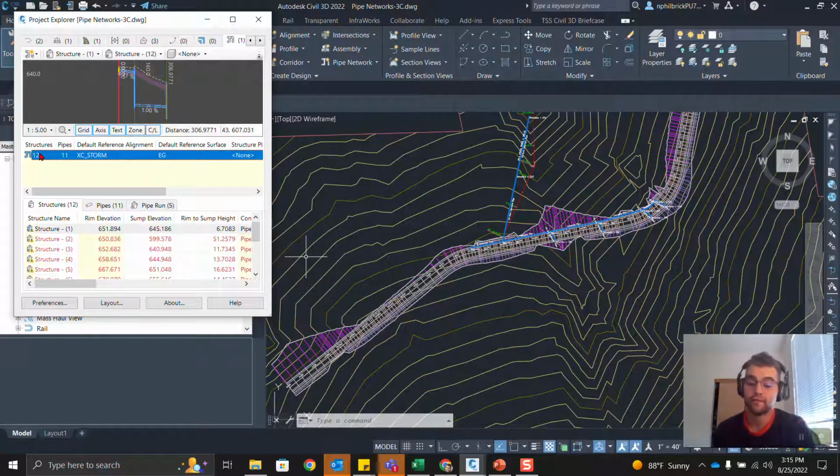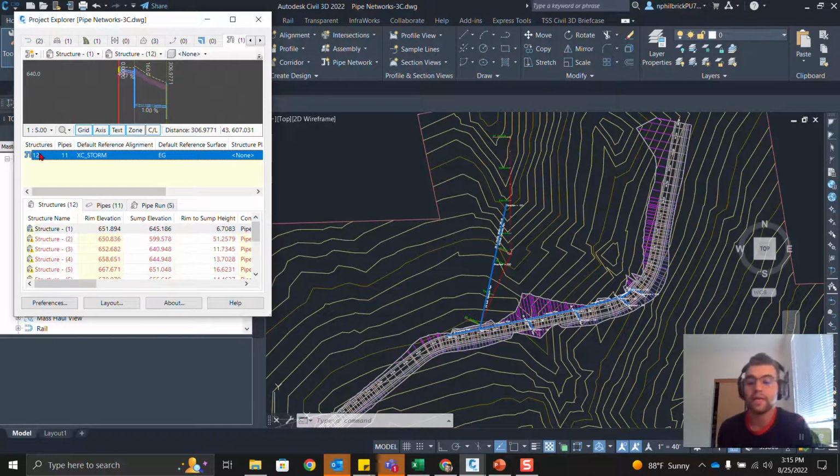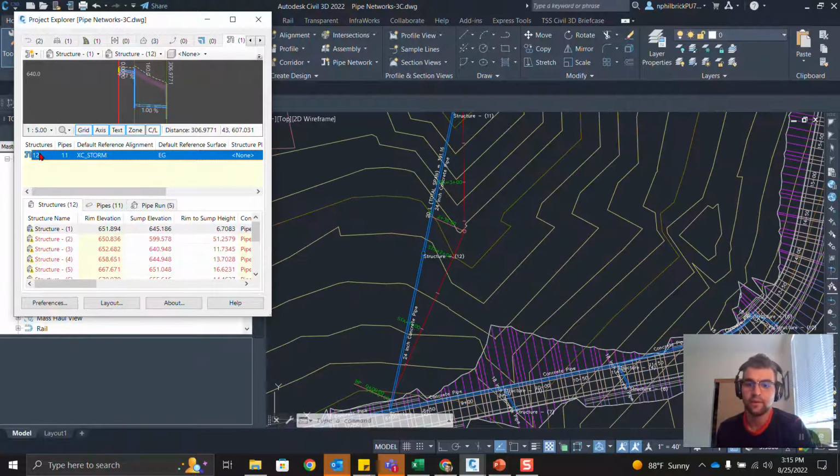And let's say we want to pan to it. Keeping the same zoom level, we're going to hit the P button. It pans to that pipe network. And furthermore, if we hit Z, it's going to zoom us into that pipe network. So now we're zoomed in on the pipe network. If we hit S to select it,